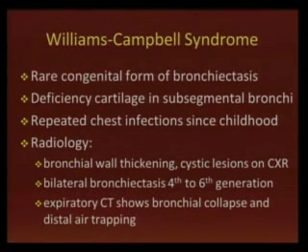Williams-Campbell syndrome is another disease that is seen in very young people. And what is the problem? The problem is that there is a deficiency in the cartilage of the subsegmental bronchi, 4th to 6th generation. So in the hilar region,